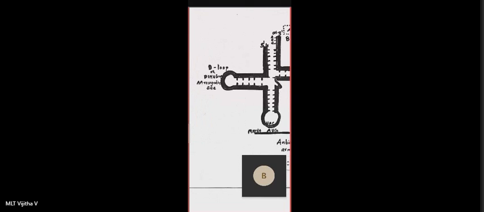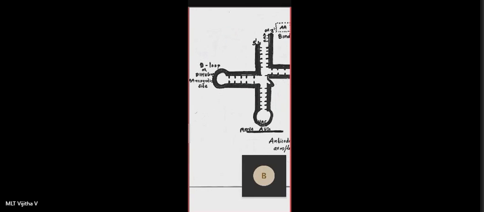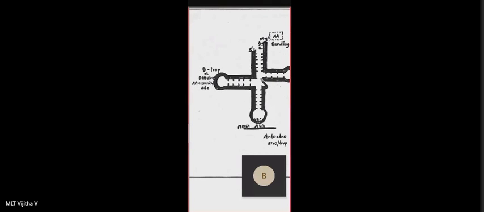The loop of the arm present towards the 5 prime end of the strand is known as the D loop. The reason why it is known as the D loop is that it has dihydrouracil, so DHU loop. The function of this is amino acid recognition. This arm is going to recognize the amino acid, and that amino acid is going to bind here. This arm reads the code and identifies to which ribosome this tRNA has to take that amino acid. So all these things work in coordination, and this tRNA brings that amino acid to the ribosomes where it helps in protein synthesis. So this is the structure of tRNA.